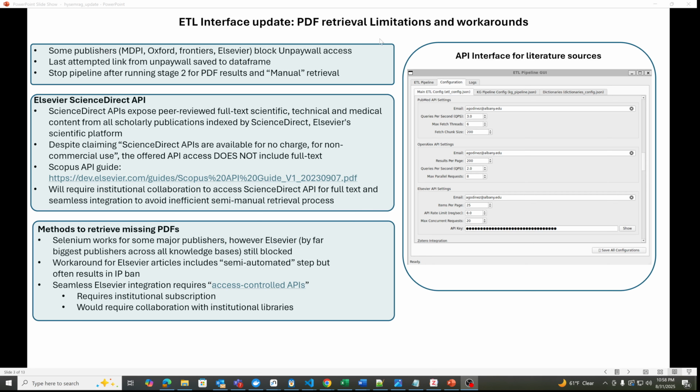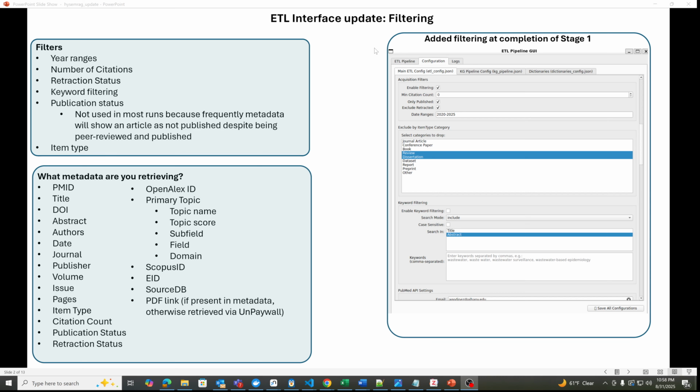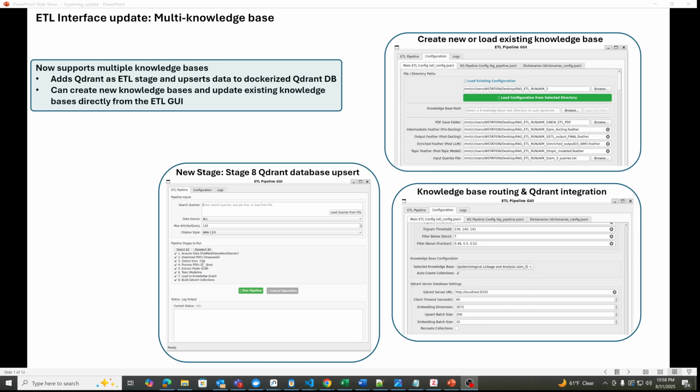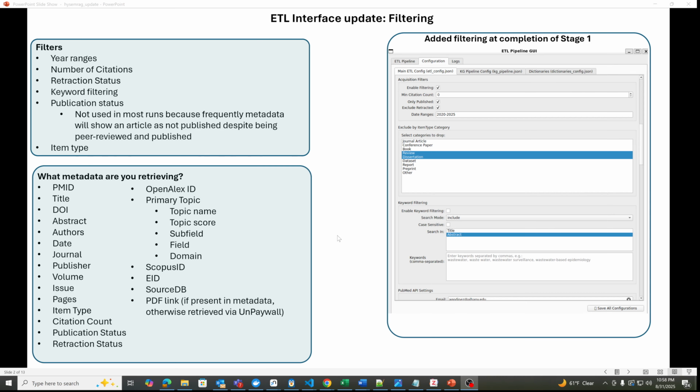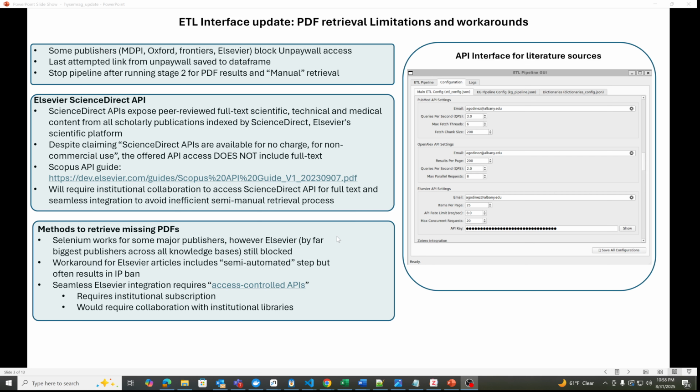So jumping into current limitations with the PDF retrieval. Currently, I only run up until stage two because most of the major publishers, MDPI and Elsevier, they block access from the links in paywall. So for those, I needed to develop some workarounds. So the workarounds I developed,